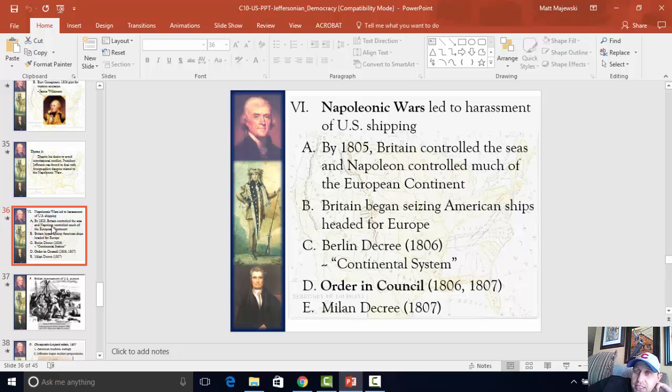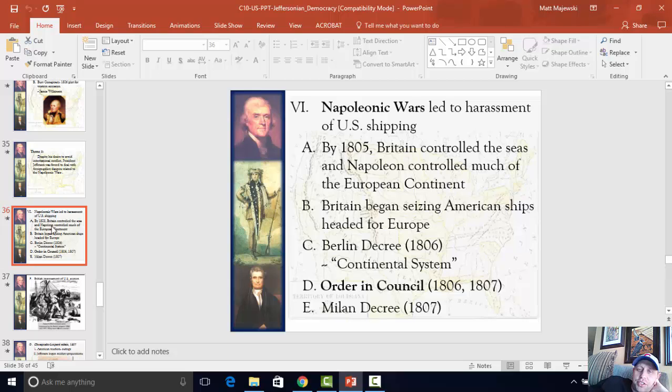Well, hey, Britain starts to seize American ships that are headed for Europe. Anytime they knew an American ship was headed for Europe, since France controls almost all of it, they assumed, rightfully so, that the Americans who are neutral are trading with the French. And so they start seizing American ships. Well, they actually told the Americans, yeah, you got to trade with us in England first. So that's what Americans did. They started traveling to England first to follow these British rules. And then they would move along to Europe.